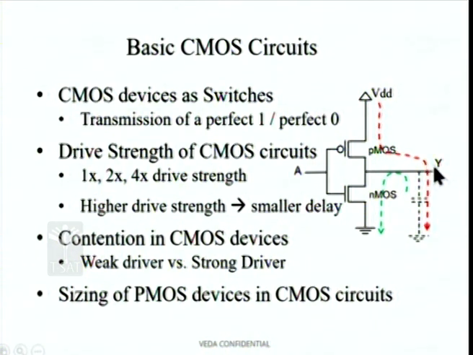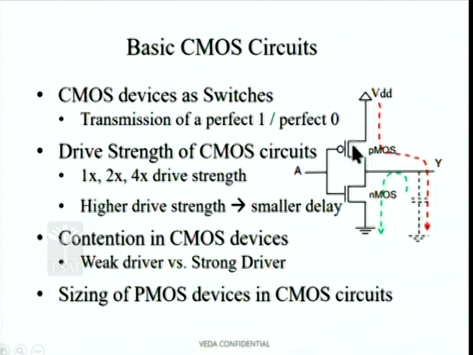When the output reaches the value of VDD, there is no current flowing through the capacitance, because both sides of this resistance, the PMOS device is a resistance, are at VDD. Therefore, there is no voltage difference between the two ends of the resistance, and no current flows. The output reaches VDD, so it is a perfect transmitter. This is a pull up device, and this is known as a pull down device.